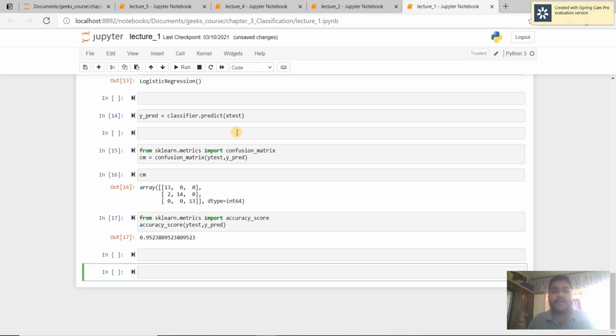So accuracy is increasing. As you see, for the same data KNN is giving me 94% accuracy, and for the same data logistic regression gives me 95% accuracy. So logistic regression is somehow better for this type of data. If we change the data, then it might happen that the accuracy will change.